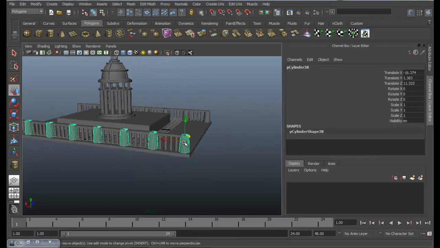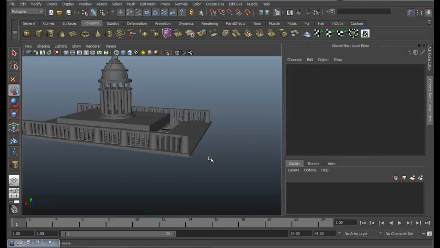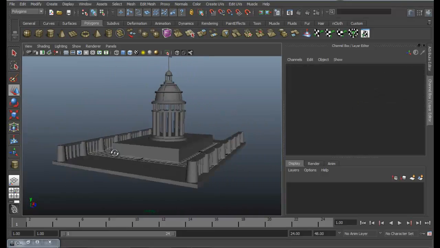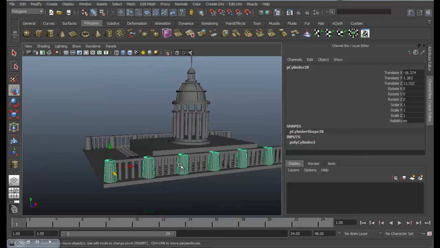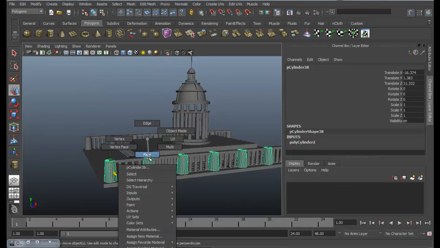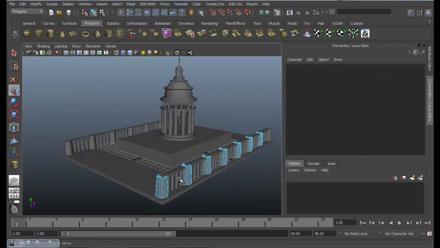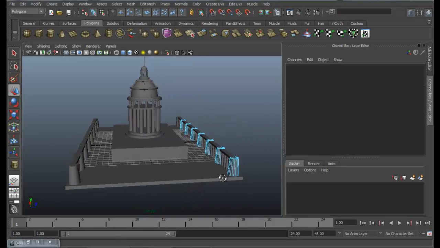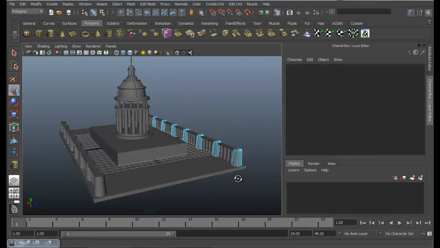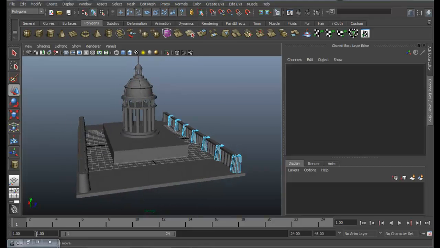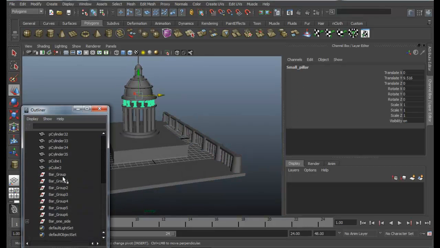Okay, and oh, we have got some problems with our grouping. Okay, but no problem, I think we can always fix that. So what can we do now? Do we have any ideas?